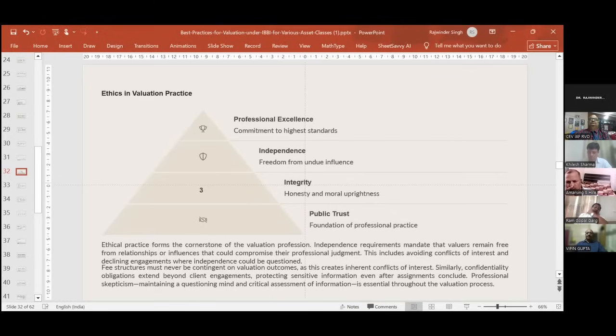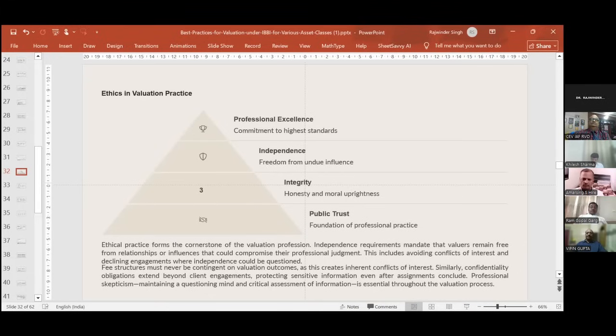And the most important thing is honesty and moral uprightness, which means you should maintain integrity. By doing all these things you will automatically form public trust, which is important for the foundation of